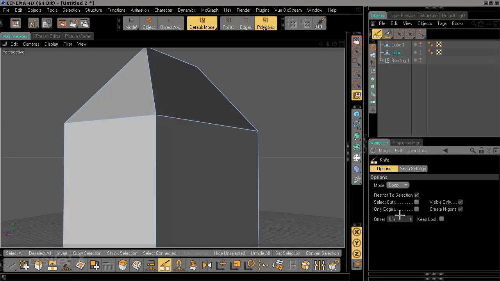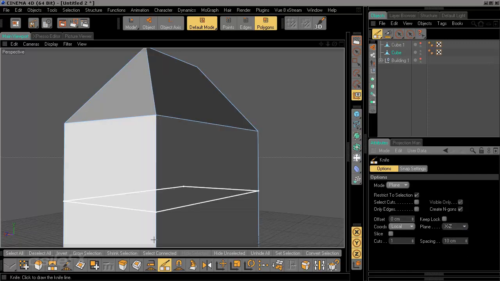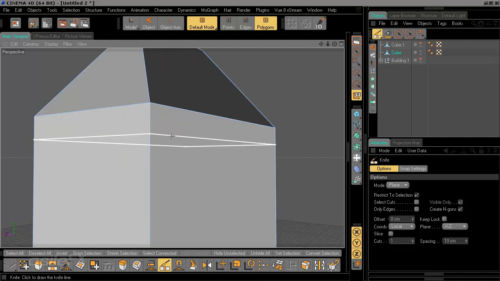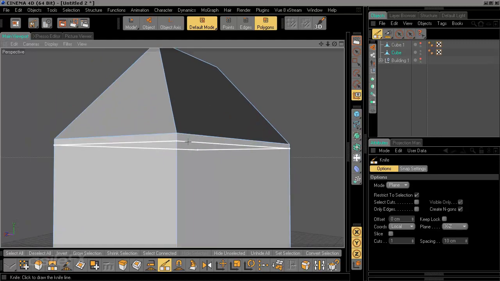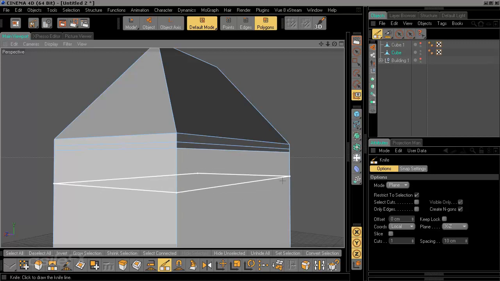We can switch this over to a loop if we want to divide all the way around, but depending on the object you have, the loop may not necessarily be straight. So if needed, you can go to the path mode, or sorry, the plane, and then we could do X and Z, and that'll give us the same result. And we could just go ahead and knife this twice,